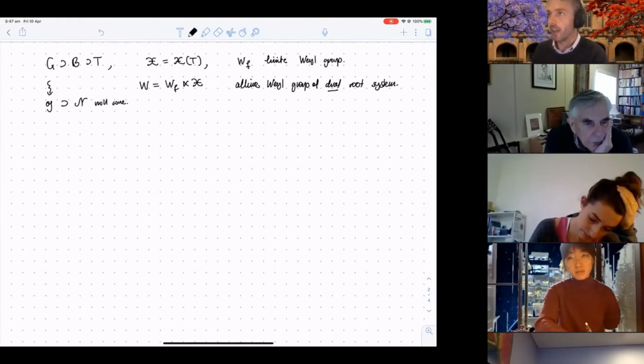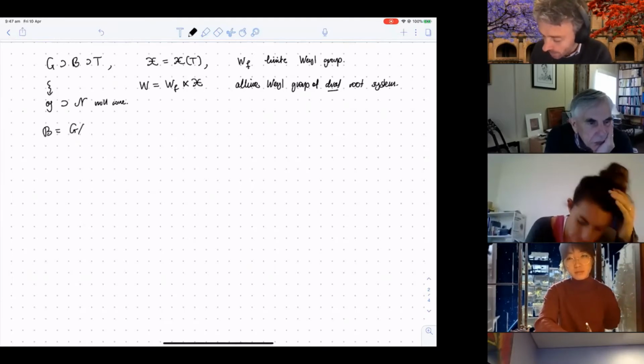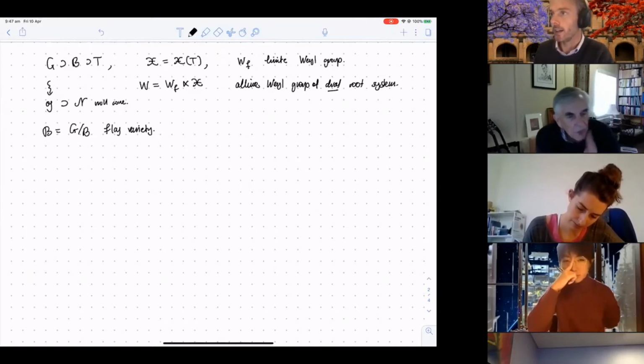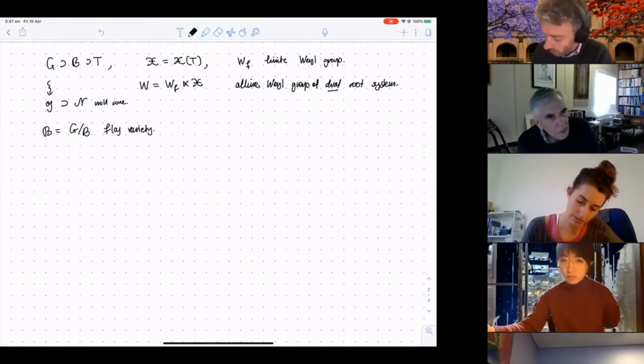And we also have B, which is G mod B, the flag variety. And so the important objects that we need are